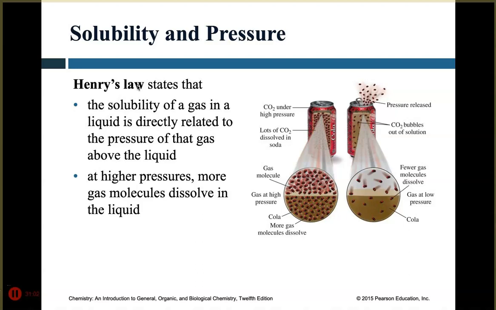I'm switching over to talking about solubility of gases again, but in terms of pressure. I'm going to use soda as an example. The solubility of a gas in a liquid is directly related to the pressure of that gas above the liquid. So at higher pressures, more gas is dissolved in the liquid. Why am I using that soda example again? When you have a sealed can of Coke,